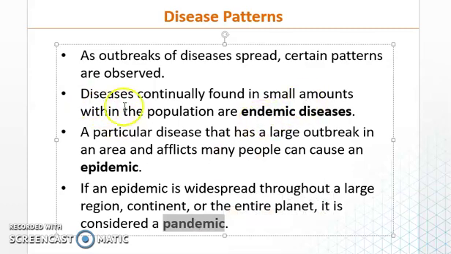The endemic disease, as you see here, the disease is continually found in small amounts within the population. These are endemic diseases. The disease that can spread inside the classroom, inside the school, in a building, in a street. All the people have flu these days in the street. It means this is endemic disease. From the word endemic, end is inside, ended inside a small community. So that it doesn't spread all over the country or all over the city. But if this disease extends to the whole city or the whole country, we say about it, it is epidemic.